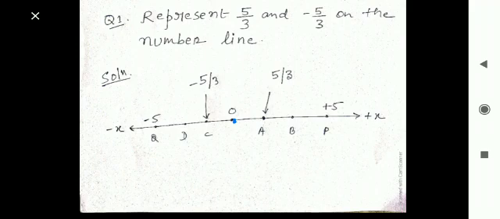Now on the left hand side take a mark of minus 5. See here, I have taken a mark of minus 5 and plus 5. Why have I taken the mark of minus 5 and plus 5? Because on the numerator 5 is given. So minus 5 will be represented on the left hand side and plus 5 will be represented on the right hand side. Now after marking these 2 points, name these points P and Q.